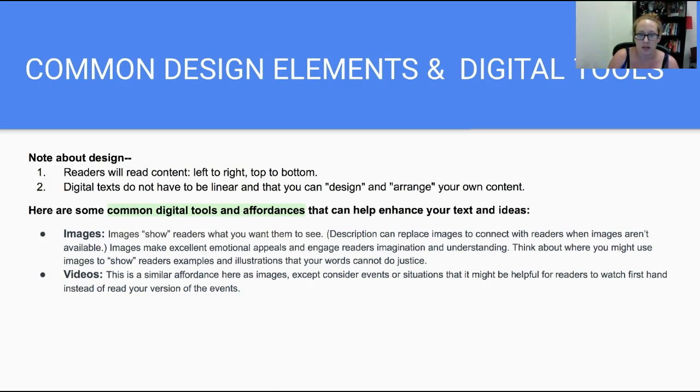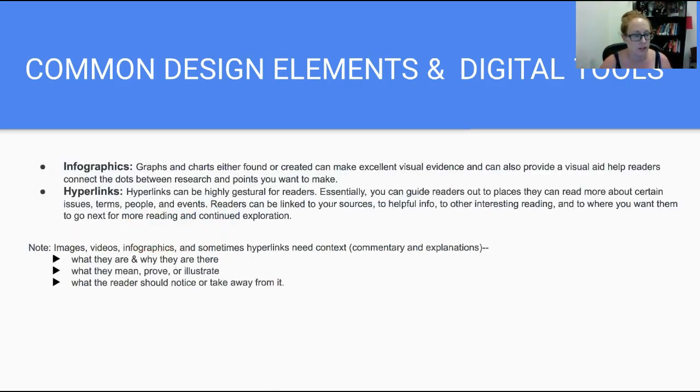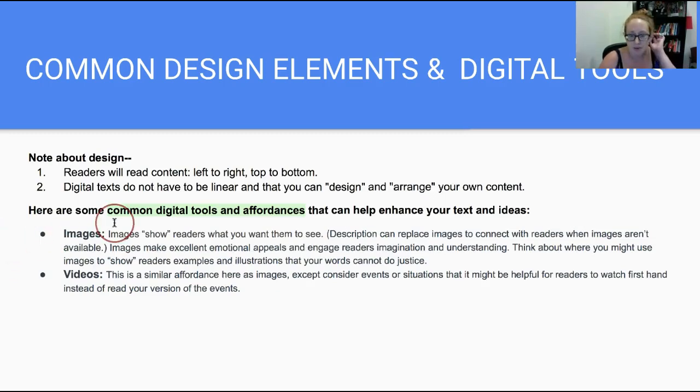One thing about design is just to keep in mind that, as I mentioned in class when we talked about genre, we as readers are going to read left to right, top to bottom, and that digital text doesn't have to be linear, as you notice with some of the examples. You're welcome to design and arrange your own content and figure out how you want that to look based on your audience. So I want to talk about some common tools and affordances that are at your disposal